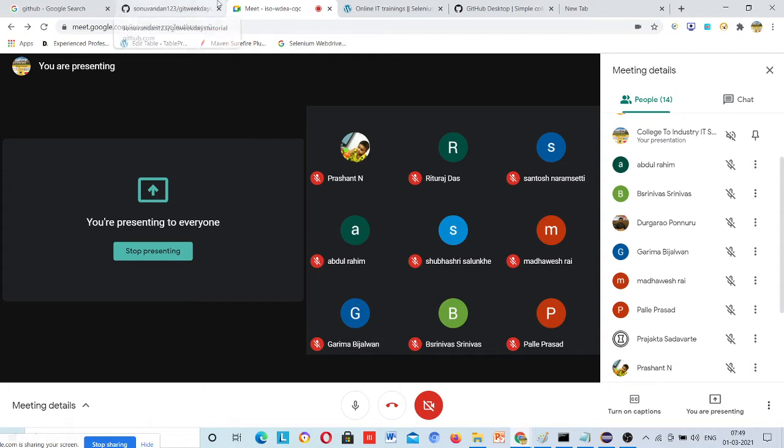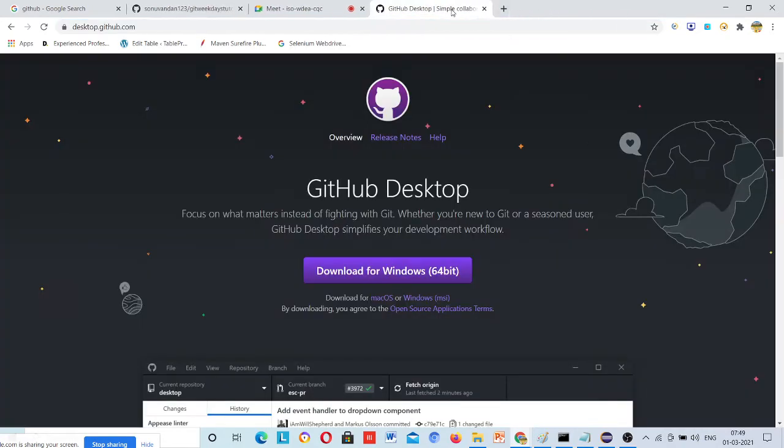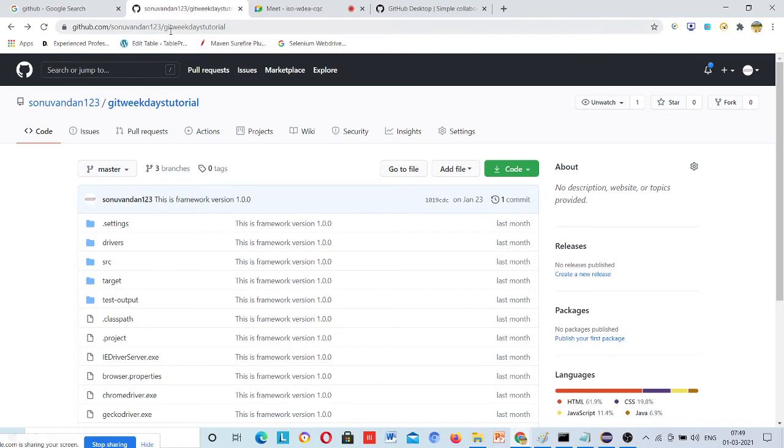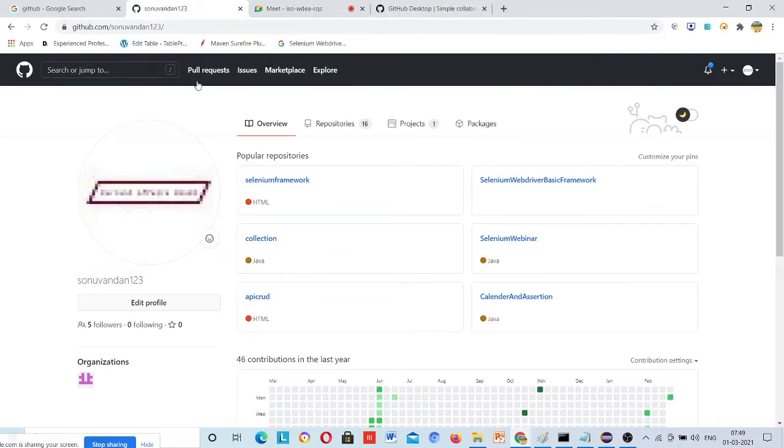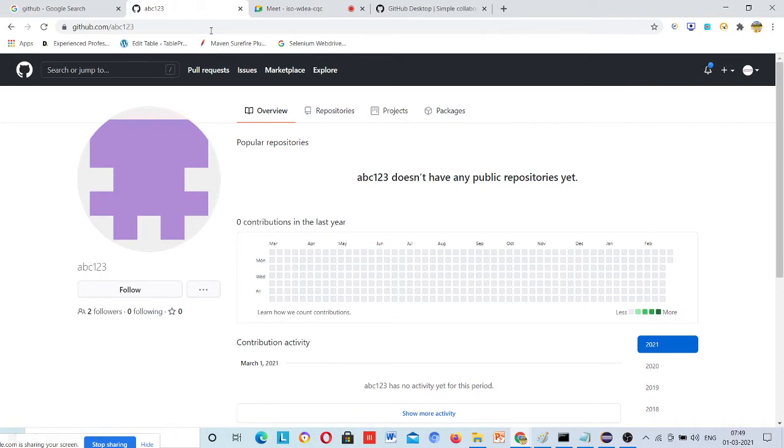Now if you have created an account, or you can try after this session, just go to your account. Suppose I have this URL for my account. If you created it with abc123, then your URL will be github.com slash abc123. But this account is someone else's account, a dummy account that someone must have created.